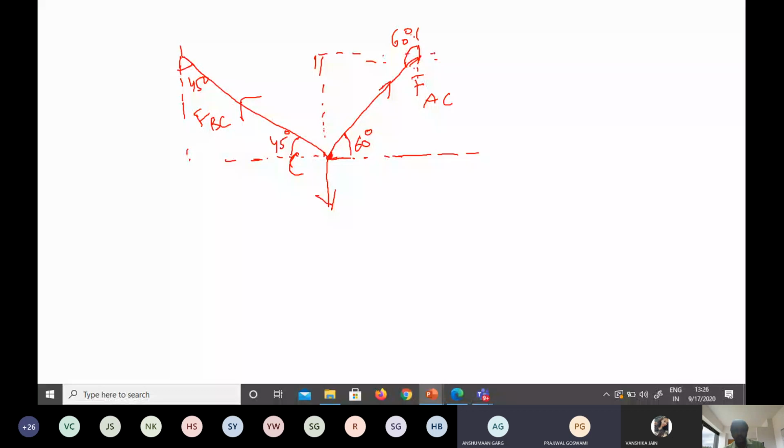So this angle is 60 degree, not this one. This angle is 60 degree. How much is left here? It is 30 degree, and this is 90 degree. And when this is 45 and this is vertical here, 45 here. So this is how we will make the diagram. So simply, if I make the final diagram here, it will be like that.